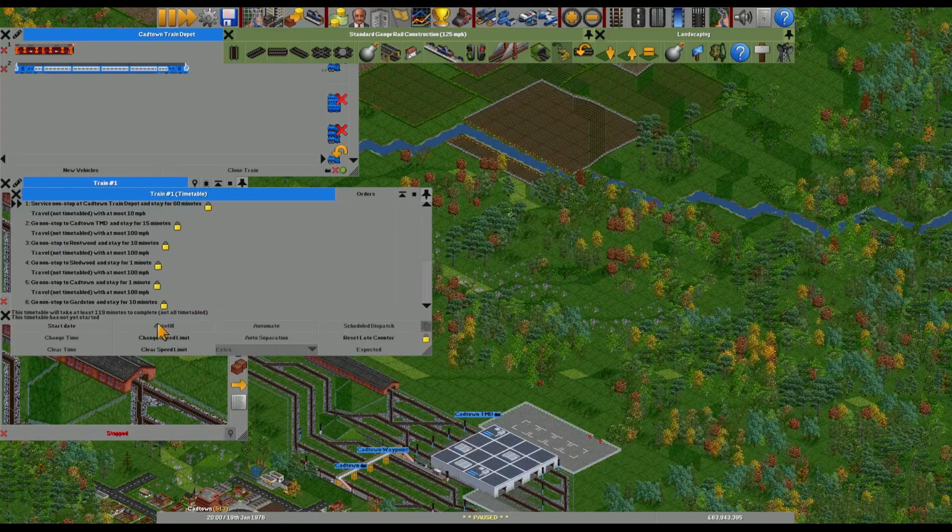Now you might think this is a really hard thing to do. It's not. Hold control, hit autofill. This will then run the entire journey once. Once it gets back to the depot, all of the wait times will have appeared. Right now it says the timetable will take at least 119 minutes to complete, bearing in mind that's just the